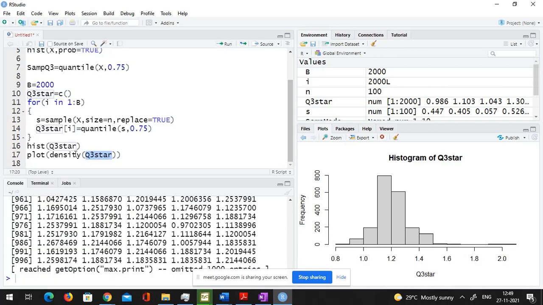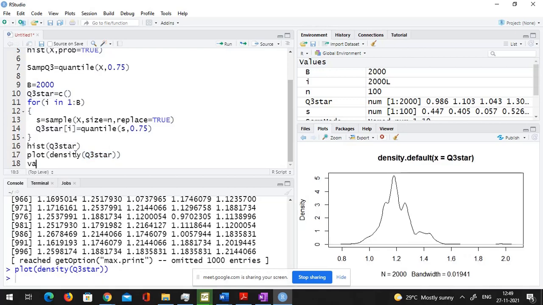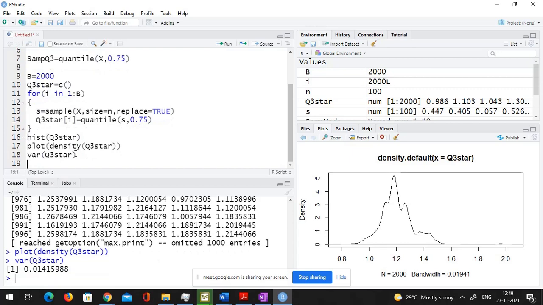On the basis of bootstrap, I will get some variance, right? So variance of Q3 star. This is an estimate of the variance of Q3 star on the basis of bootstrap. So try to see if this matches with the theoretical variance. Okay, this is another homework. You should be able to find the formula in any inference book. Even Wikipedia might have it. I'm not sure, but Wikipedia does have many formulae.